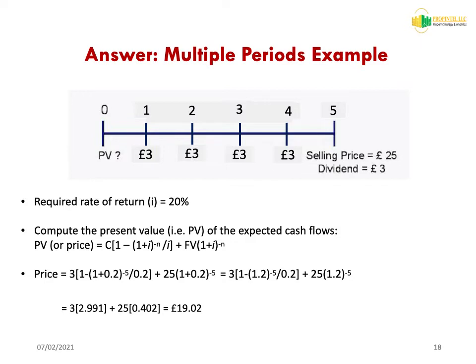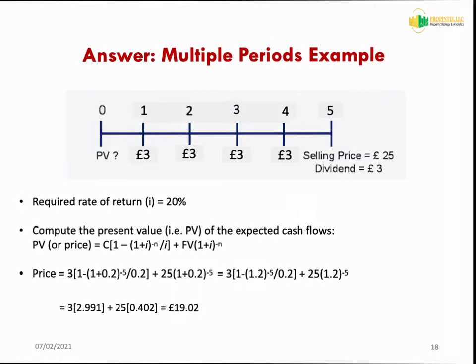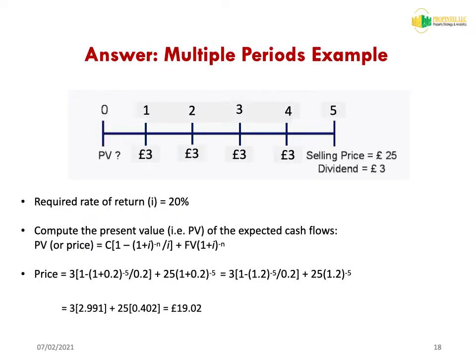Alternatively, we can value the series of dividends and the lump sum differently using the formulae shown here. The series of dividends will be valued using the present value of £1 per annum at i% for n years formula, as shown by this part of the overall formula, while the lump sum will be valued using the simple PV formula, as shown by this part of the formula. After substituting the right numbers into the formulae, we obtain a price of £19,